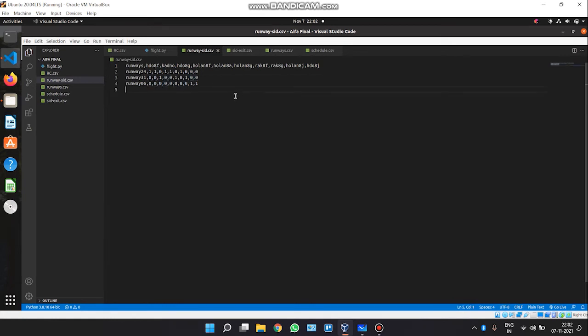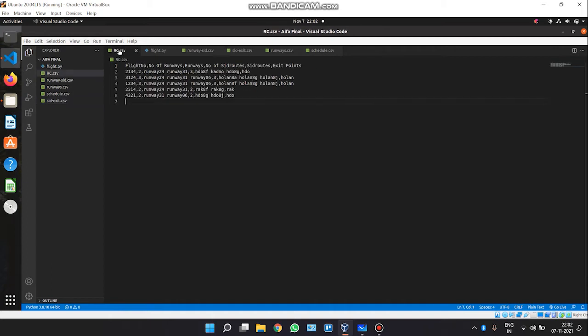Similarly, we can create a data structure like this, which is airport dependent. Also, then we create an exit point SID relationship, that the RAK exit point is not connected to any of the SID. The last one is fully connected to this RAK8F and RAK8. Similarly, HOD and HOLN are also programmed.